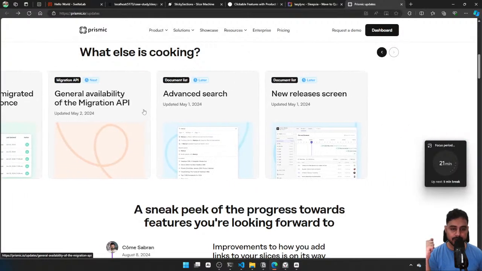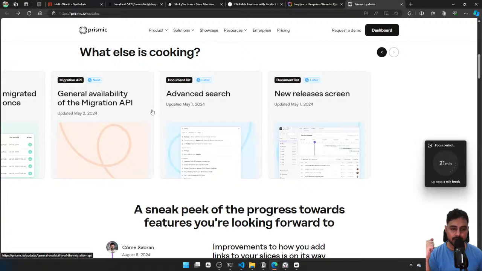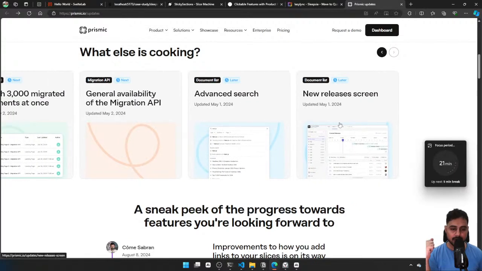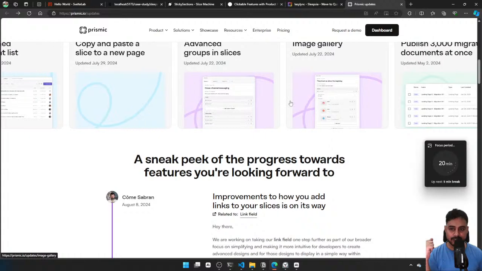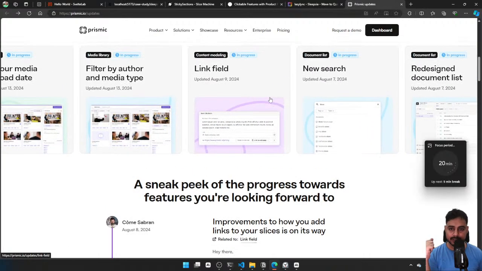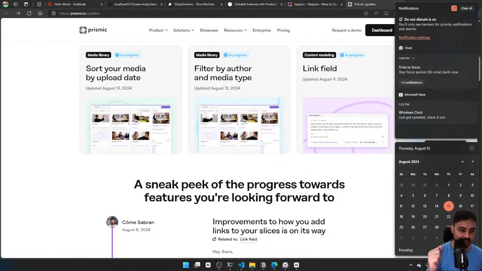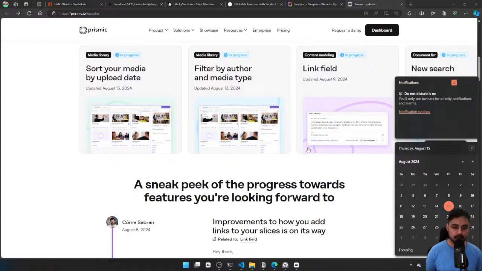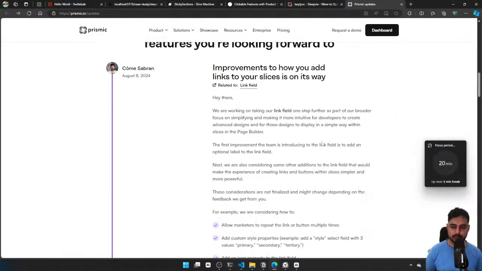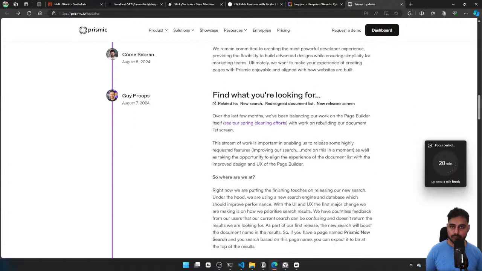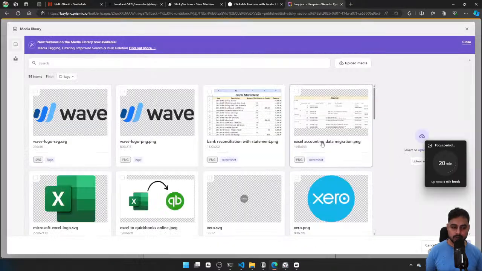Advanced search will also be, I think, good. And a new releases page. So I guess they have just prototyped most of these things. And the ones that are in progress, I think, would be available this quarter. So maybe by the end of September, we'll have all of the ones that are in progress available. But yeah,